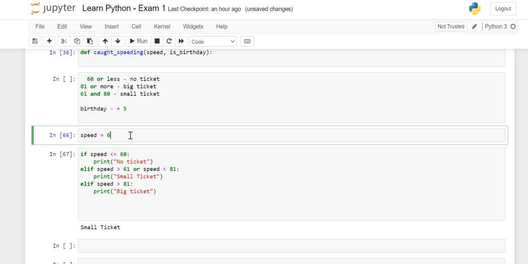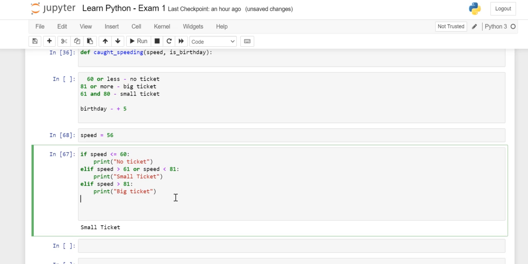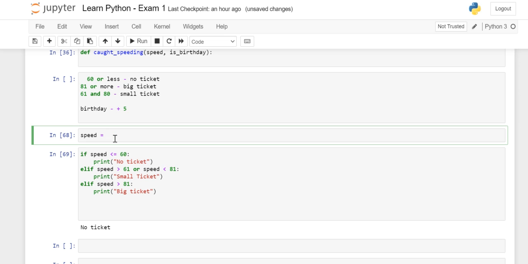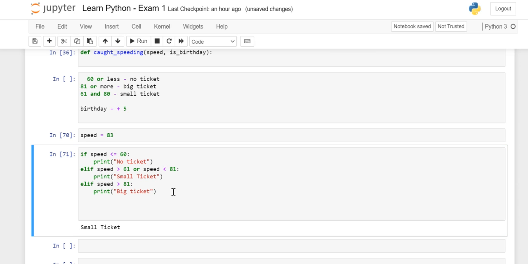Okay, let's check other values. Let's go for 56. It's going to give you no ticket. Fine. Now we can check for big ticket also. Let's check for 83. Why did I get small ticket?